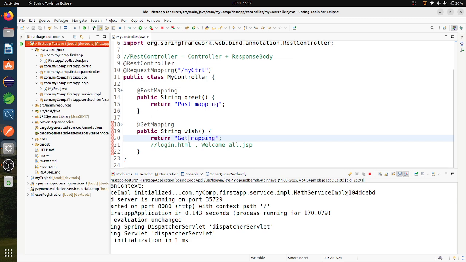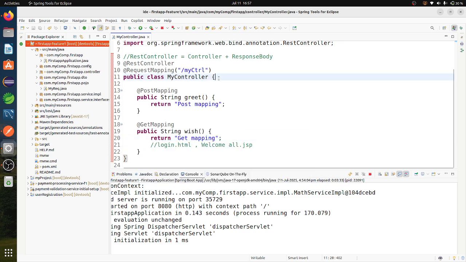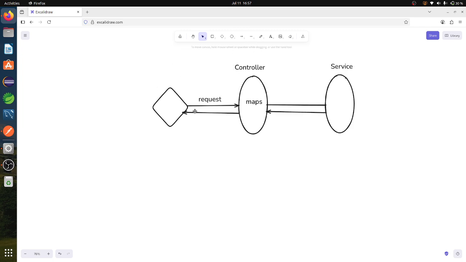So next one, we can pass the input to the method also. If I want to pass the input, then I can use 4 ways. So what are those? When I want to pass the request, at that time I want to pass some data to that controller. So I can do that in 4 ways.